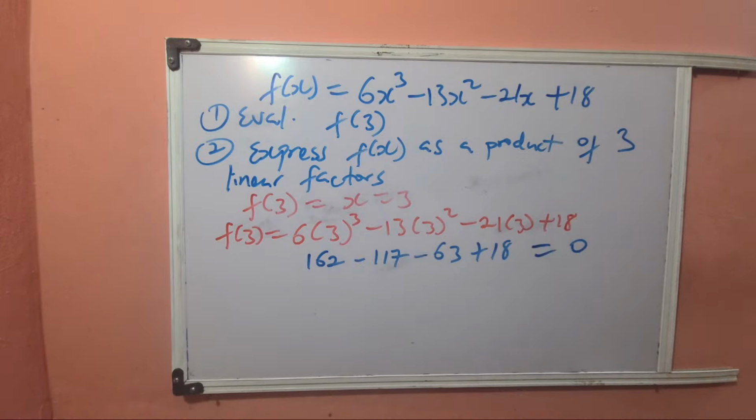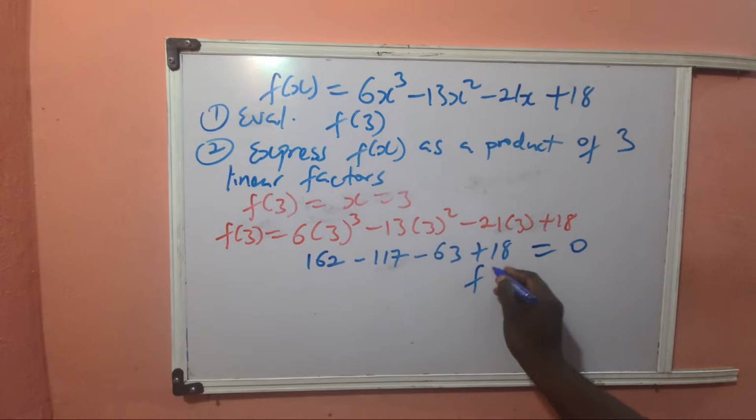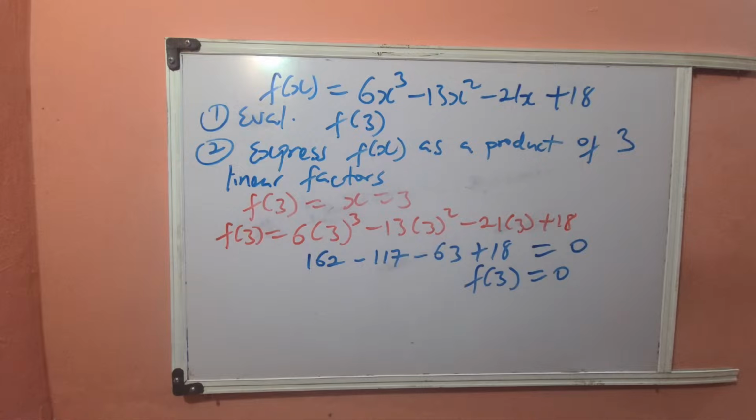F of 3 gave you 0. So f of 3 gave you a value of 0. Now, what does this imply? Any smart person, genius in the house, what does f of 3 giving you 0 imply? Can anybody tell me? Thank you, that it is a factor. So if f of 3 gave me 0, don't forget, I told you some minutes ago, for those of you that started this class with us,